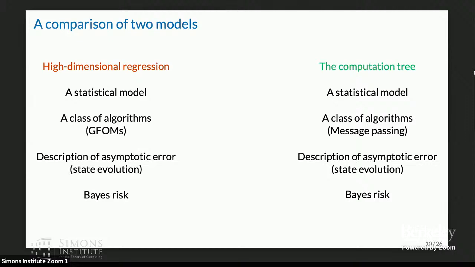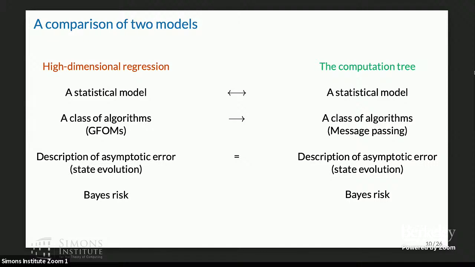These sort of are two storylines. They run sort of in parallel. Okay, so two stories. And of course, these two models are going to be related. So the models are going to be in bijection with each other. So each high-dimensional regression model is going to be in bijection with some computation tree model. And each first-order method in the high-dimensional regression model is going to map naturally to a particular message passing algorithm